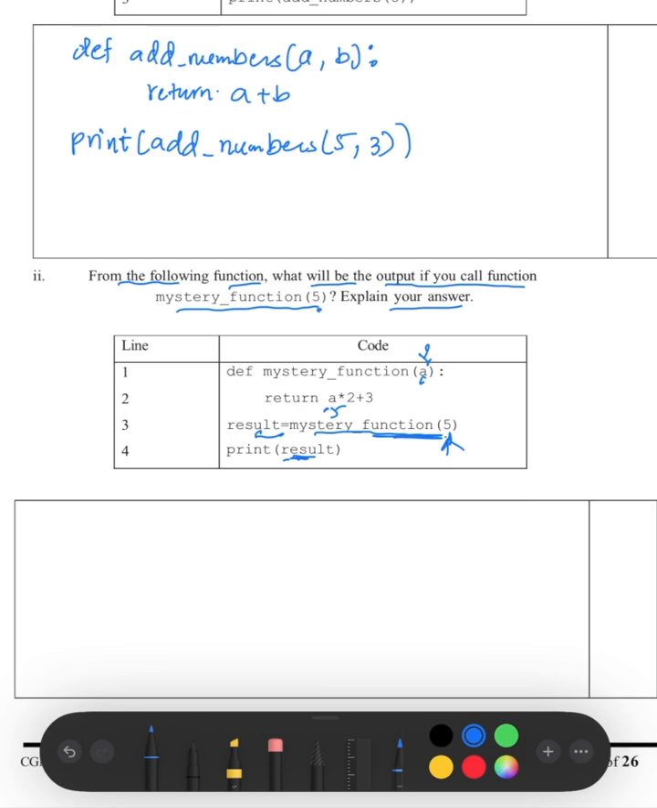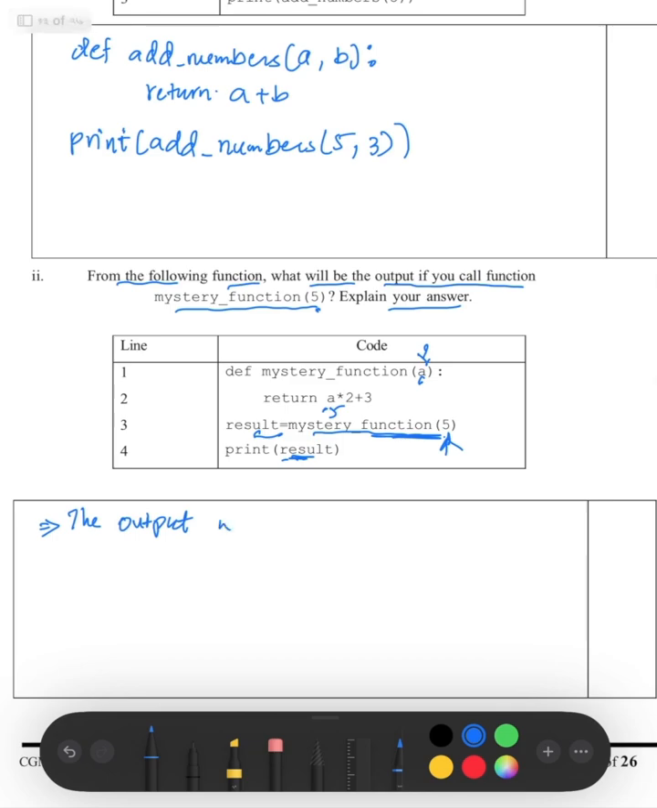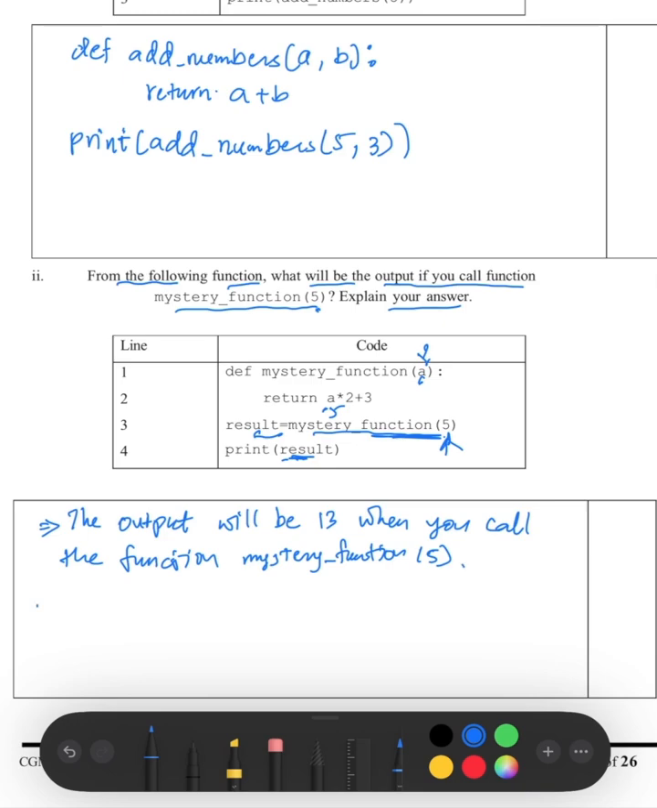So here we can say what will be the output. So we can say the output will be 13 when you call the function mystery function 5. So the explanation here is